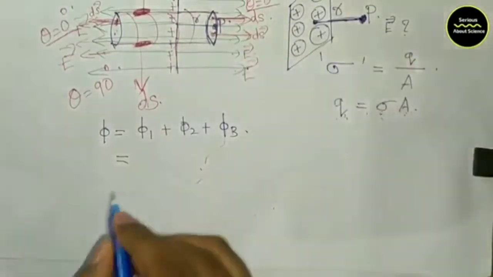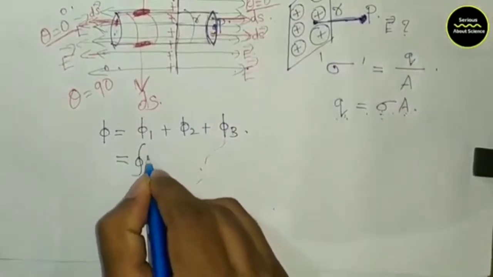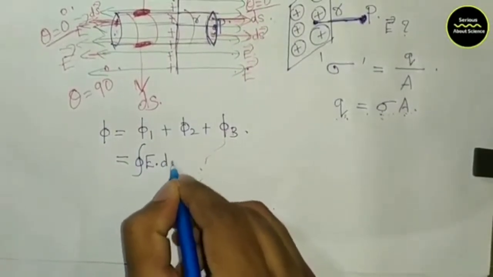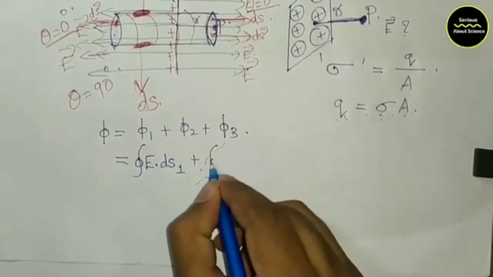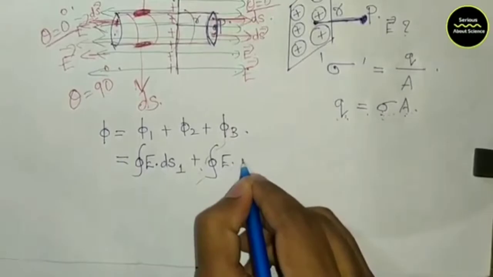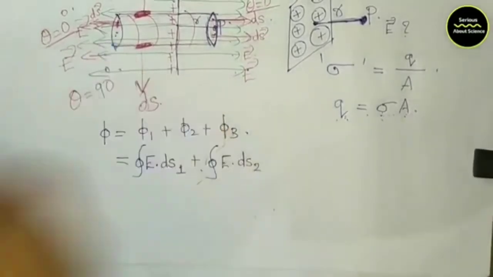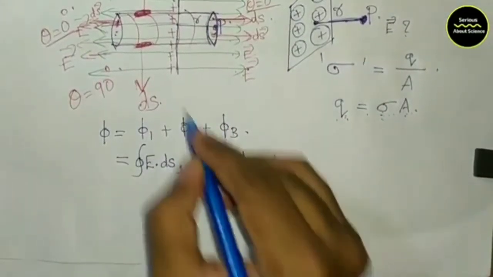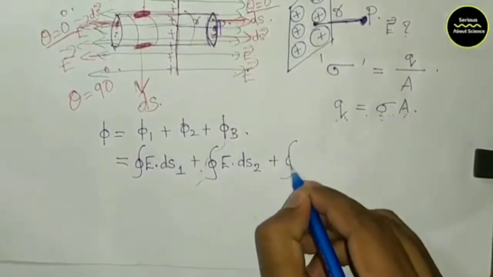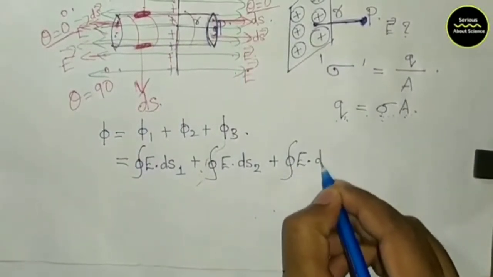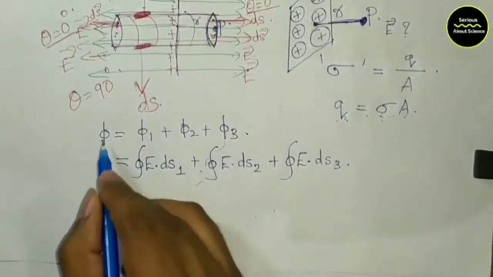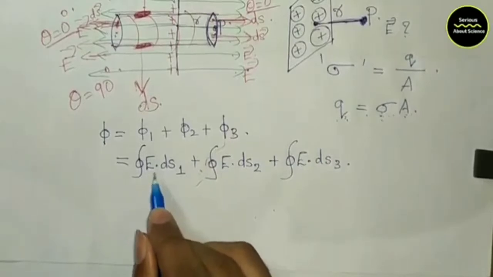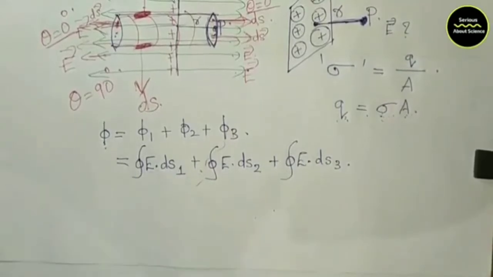Thus, in the above cylinder, there are two circular faces and one curved face. That is what is written here: the electric flux of the top face, bottom face, and also the curved face. Phi 1 plus phi 2 plus phi 3 will give you the total electric flux value. I am expanding them: closed integral E dot ds1 plus E dot ds2 plus E dot ds3. They are all different parts: two circular faces plus one curved face.